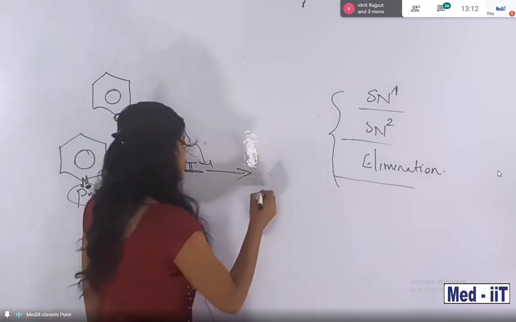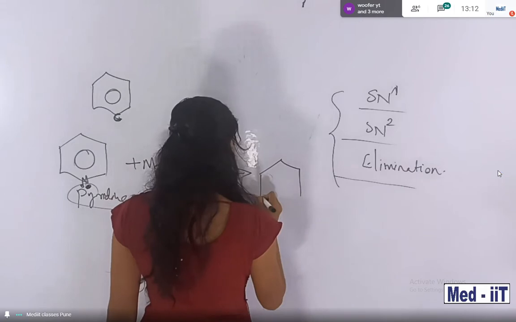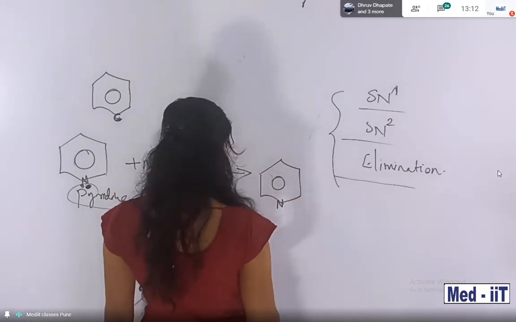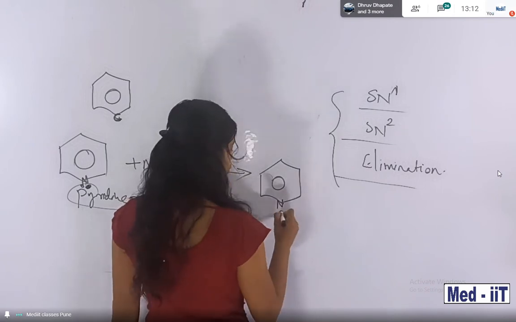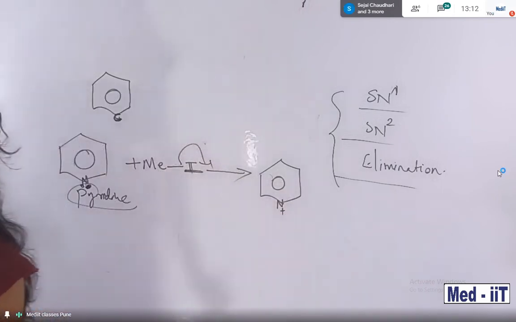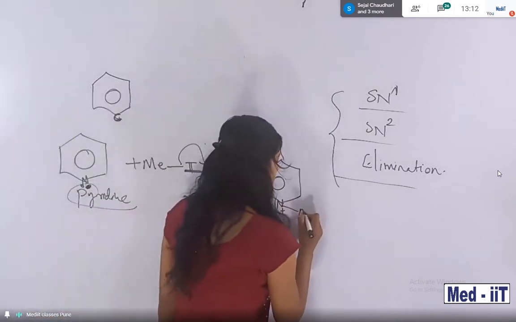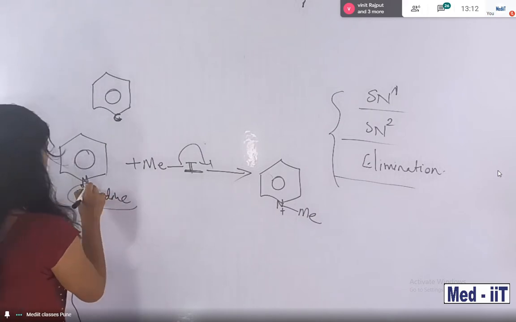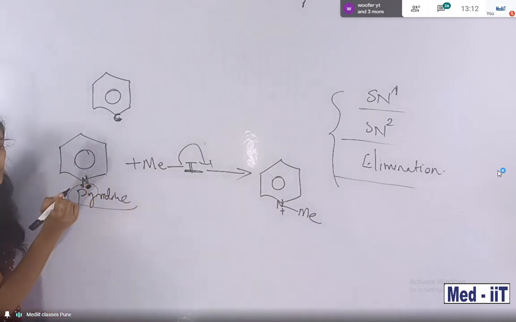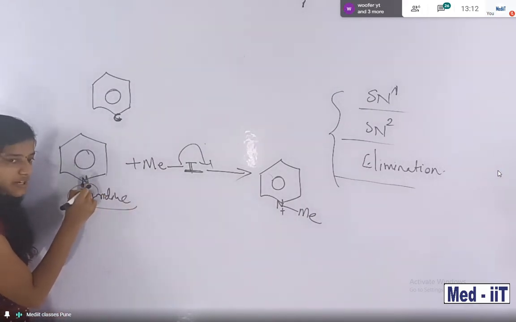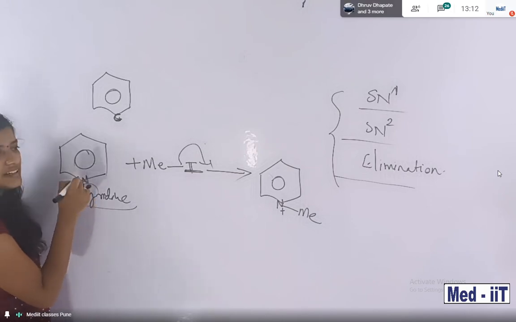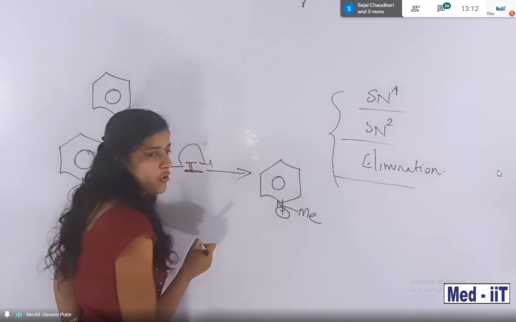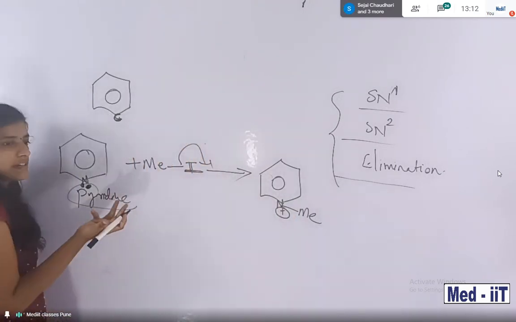Okay. So it becomes like this. Then nitrogen is there, carrying a positive charge, also with a bond to methyl. The bond with methyl is formed with the help of this lone pair, students. So nitrogen definitely contains some deficiency. That deficiency is specified as a positive charge because there is no hydrogen. That's it.